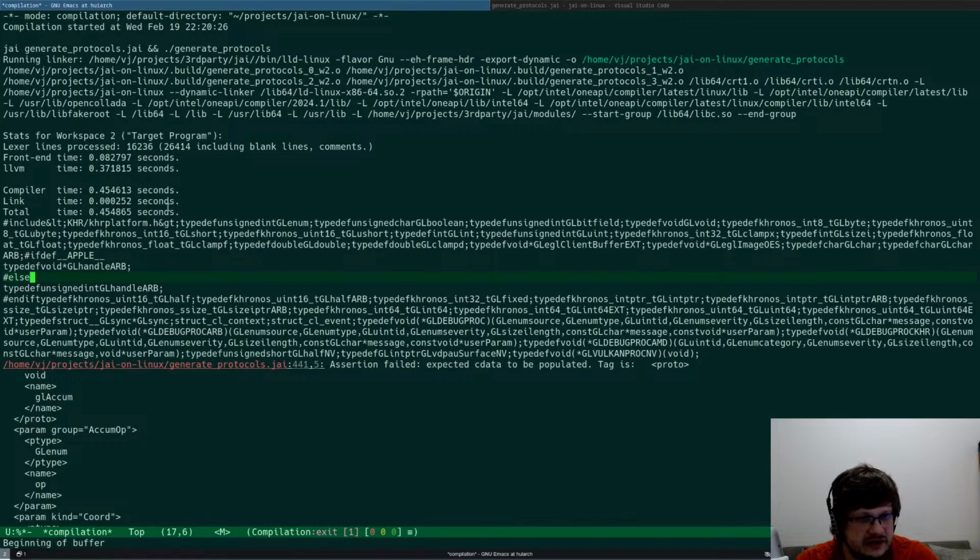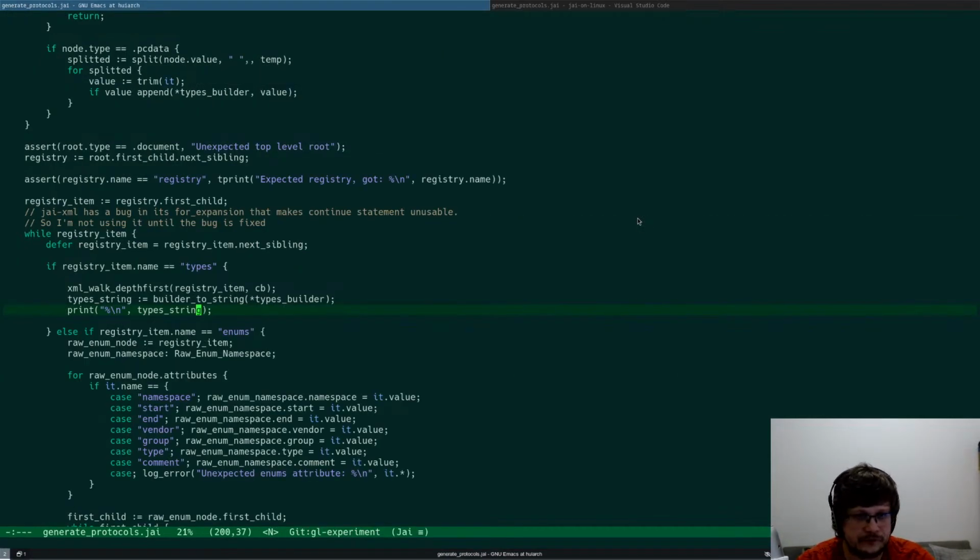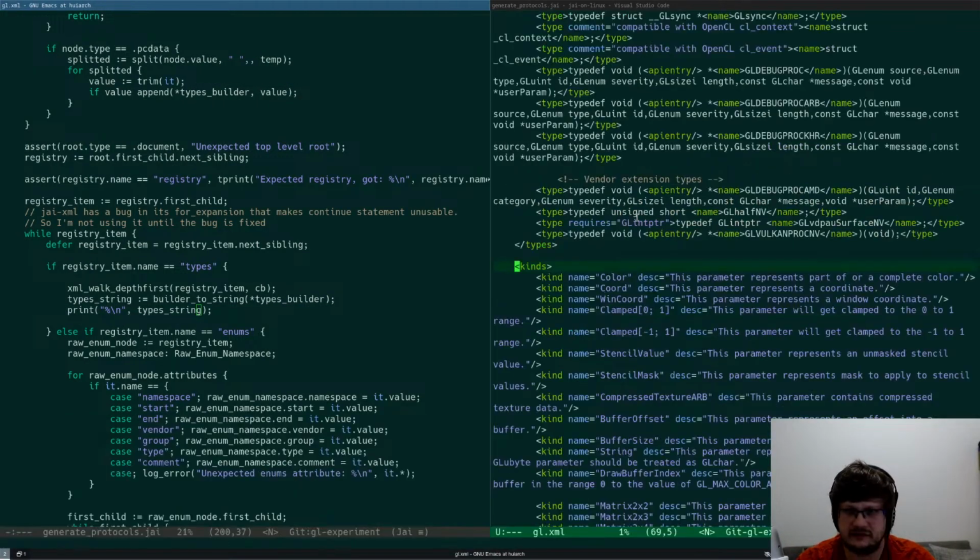So here are the issues. Well, first, include LT this shit, and GT this shit needs to be unquoted into brackets. Then typedef unsigned. So I need to preserve white spaces. Okay, and then there's some fucking,